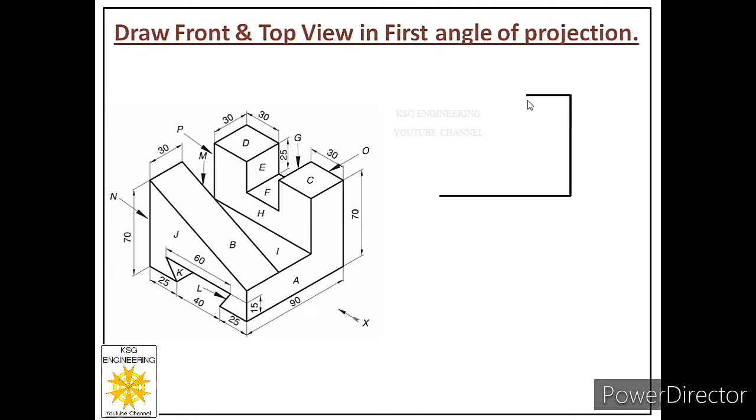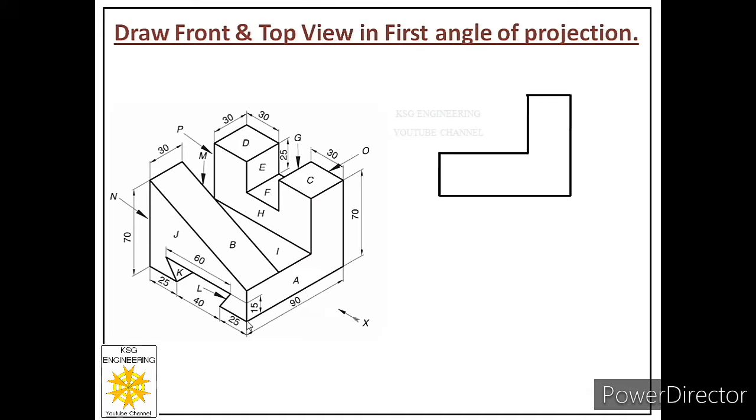Then from this point we will draw a vertical line of 40 millimeters, and from that point we will draw the remaining length, which will be 90 minus 30, which is 60 millimeters. So from here we will draw a length of 60 millimeters. Then we will connect these 2 points with a straight line, and that will be 30 millimeters. Now we are ready with the first face, that was the parallel visible face.